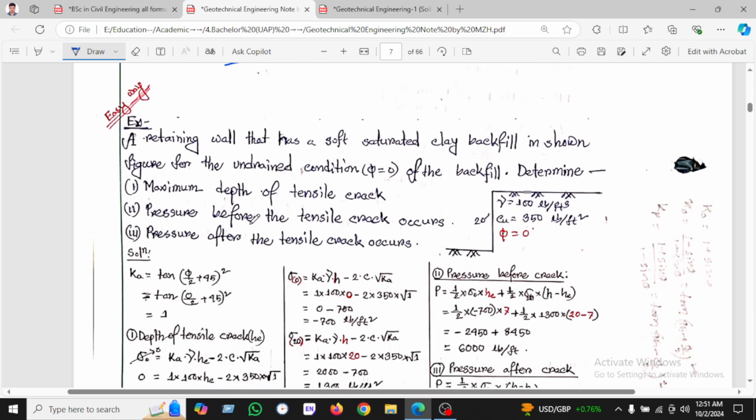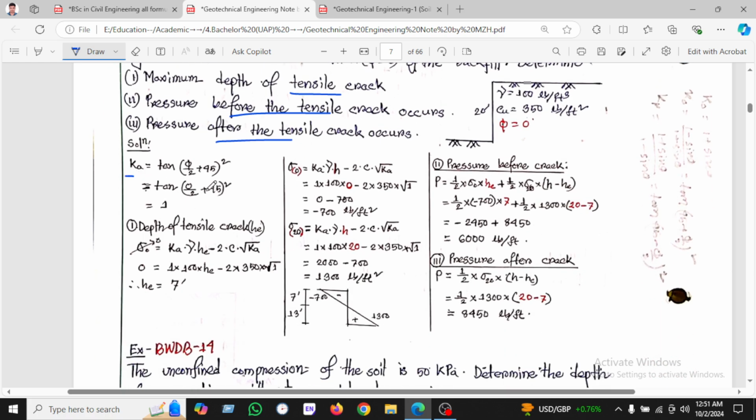So another example is given here. So calculate the tensile, before the tensile and after the tensile. So K we know, the 1 and the depth of tensile. When the stress 0, then we will find S equal to 7 feet here, 7 feet, and stress equal to 0, then found